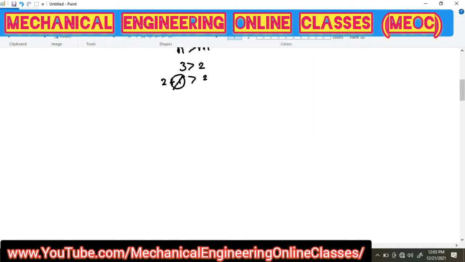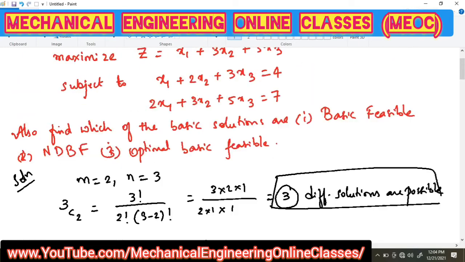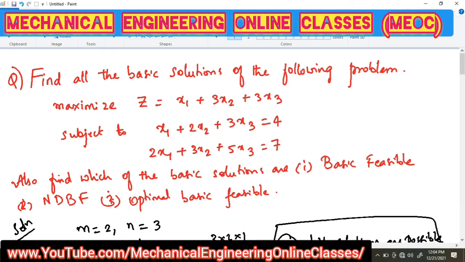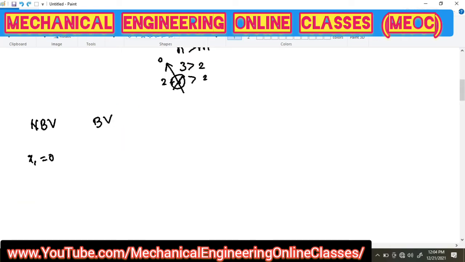So in case 1, let the non-basic variable... The non-basic variable is the variable which we are setting to 0. That is a non-basic variable. So in the first case, let x1 be the non-basic variable. This is set to 0. And what are the basic variables? If x1 is equal to 0, then from 2 equations we can find 2 variables. When x1 is 0, we can find x2 and x3 from these 2 equations. So what can we find? We can find x2 and x3.